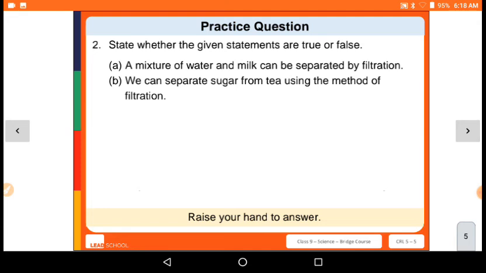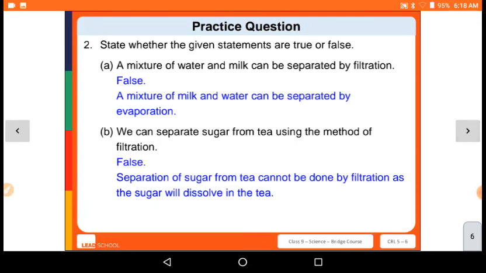State whether the given statements are true or false. A mixture of water and milk can be separated by filtration. False. Why? Because milk and water can be separated by the evaporation method, because when we evaporate,